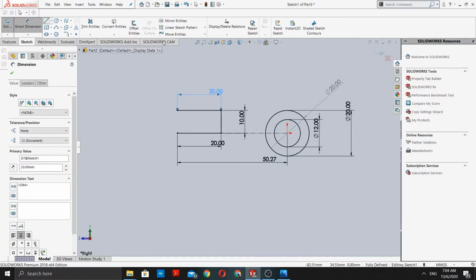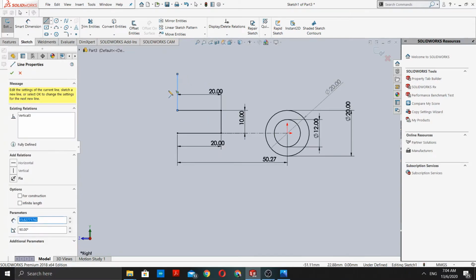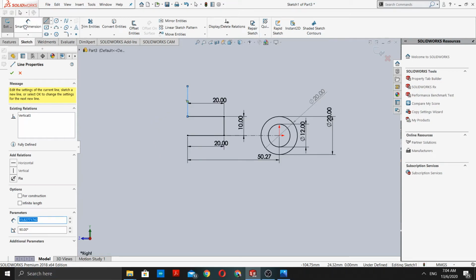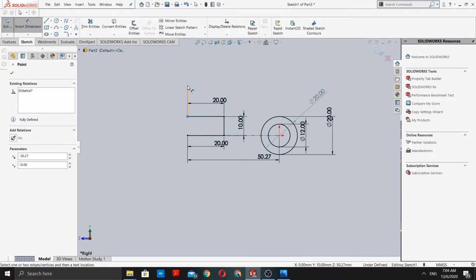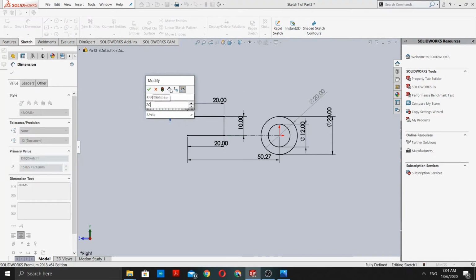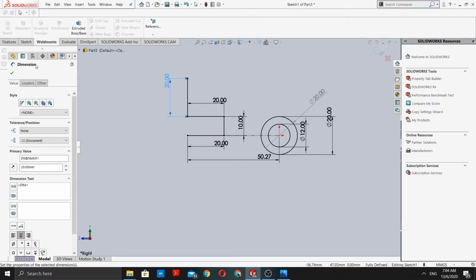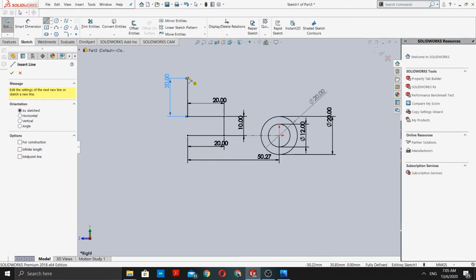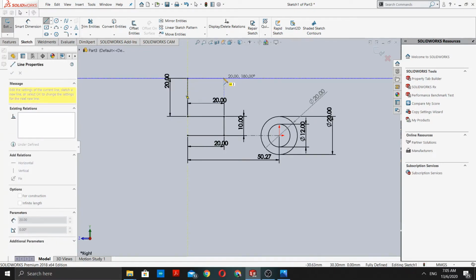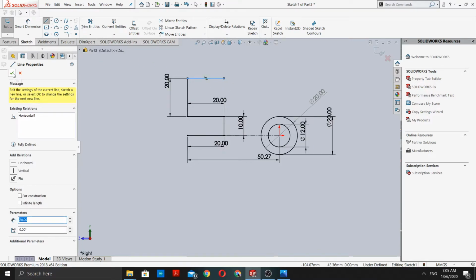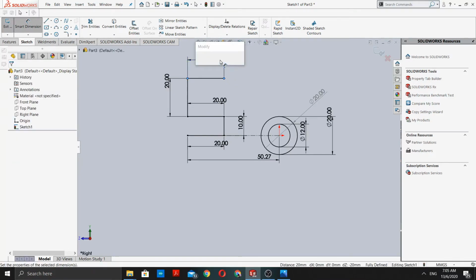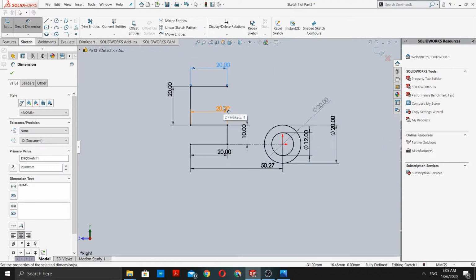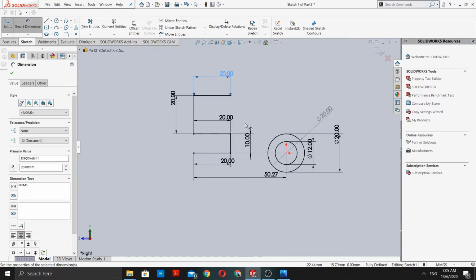Okay, dimension. So this is 20 millimeter. Okay, go to sketch again. Then we have another line, and there is also 20 millimeter. Let's check the dimension. So now we are almost half done,